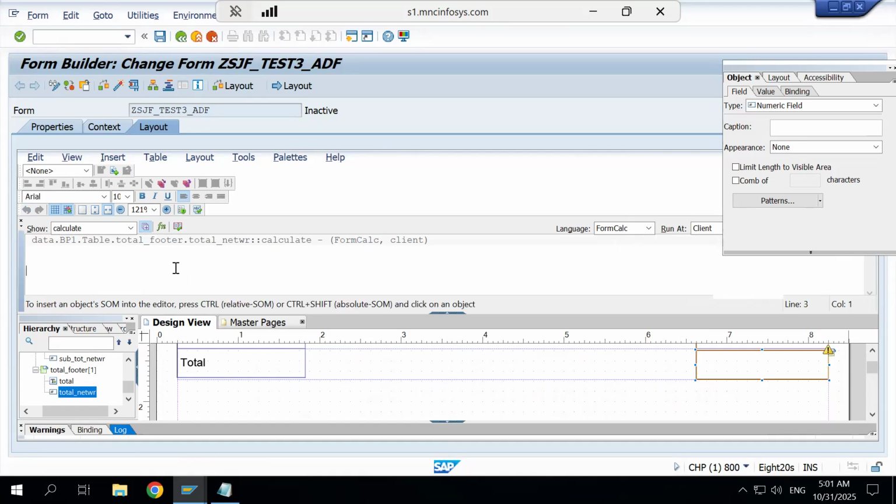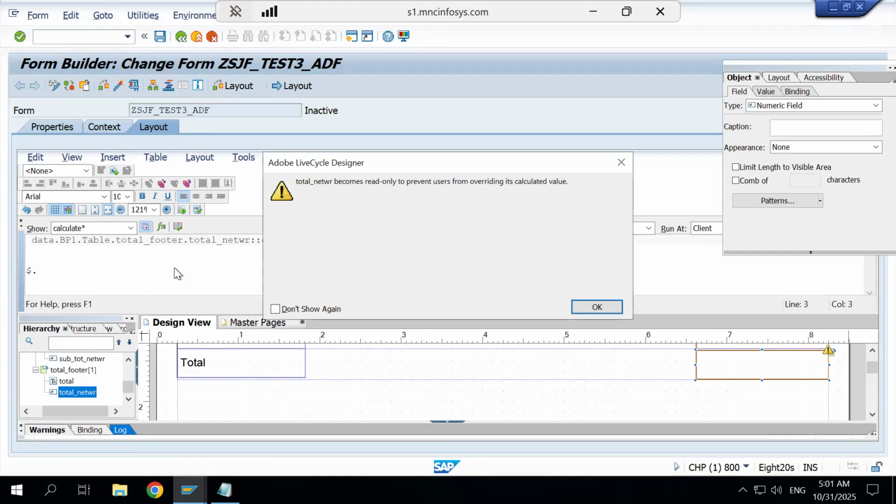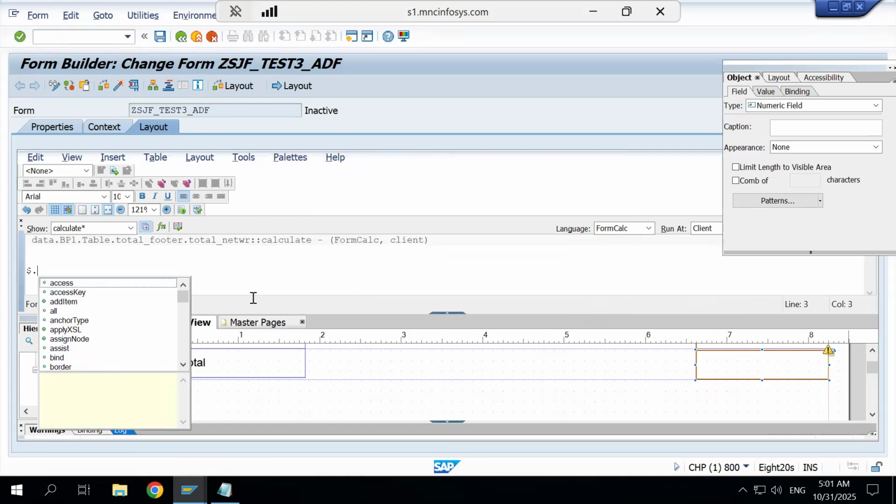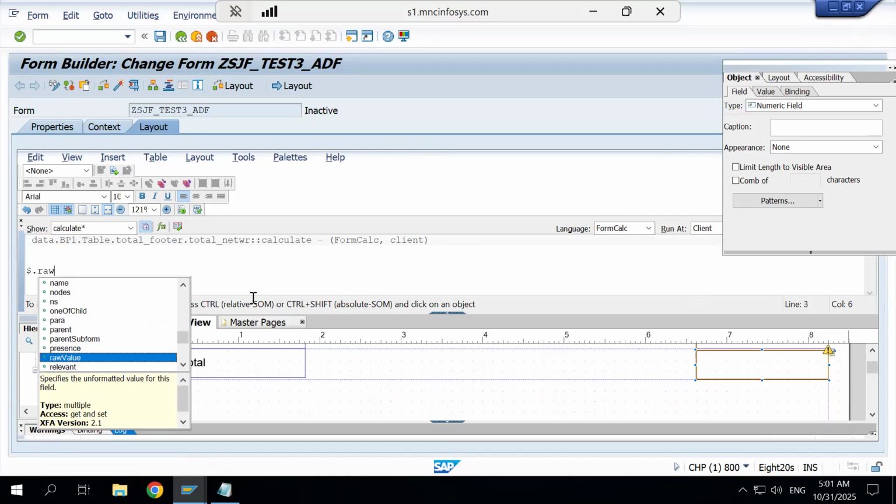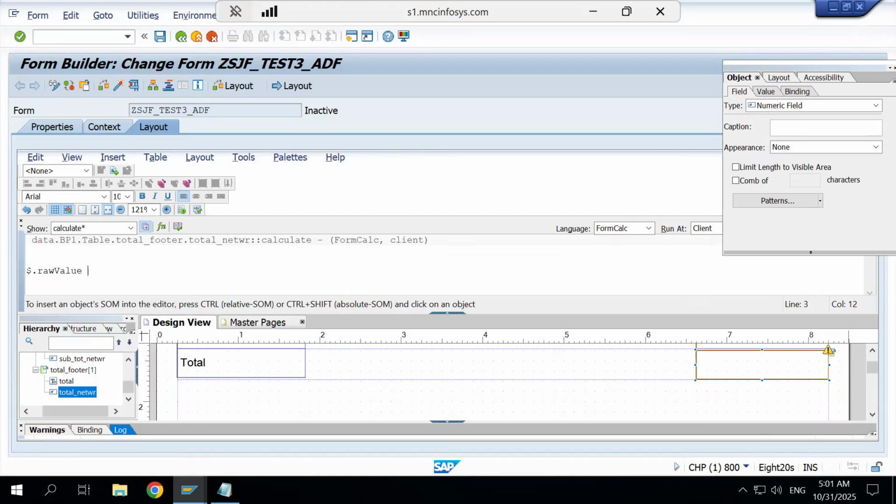Here, dollar dot raw value, okay, is equal to sum of